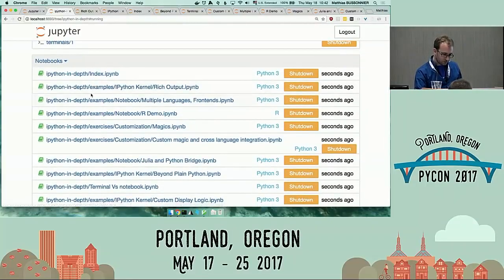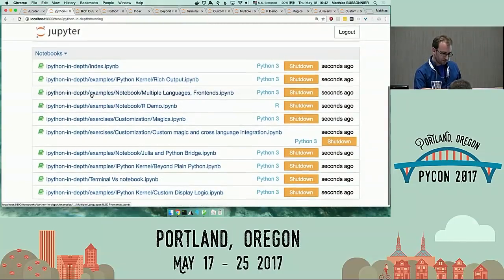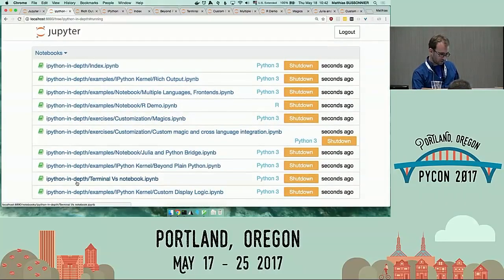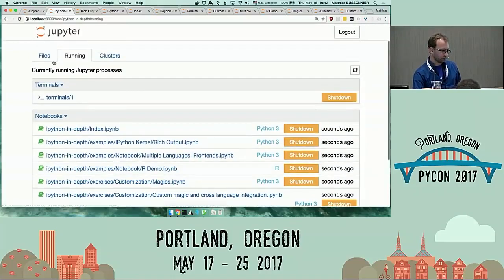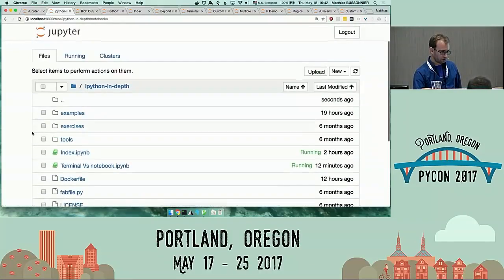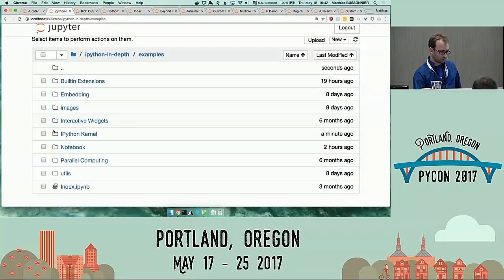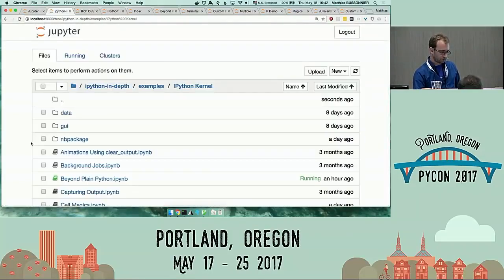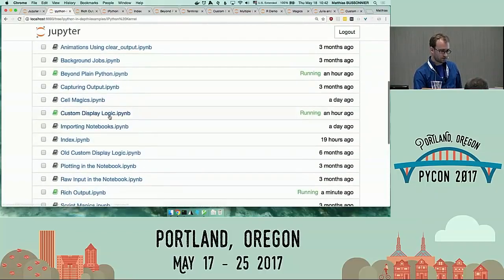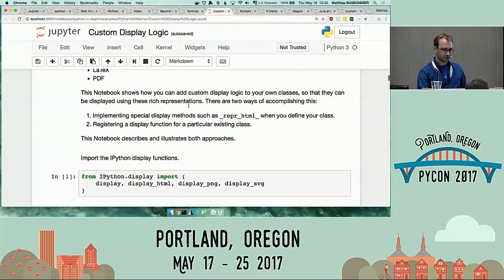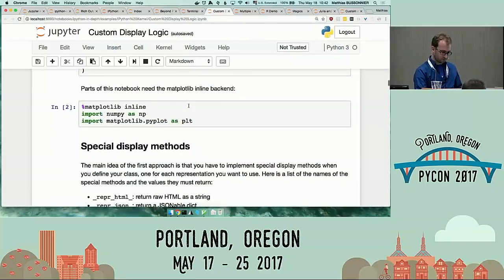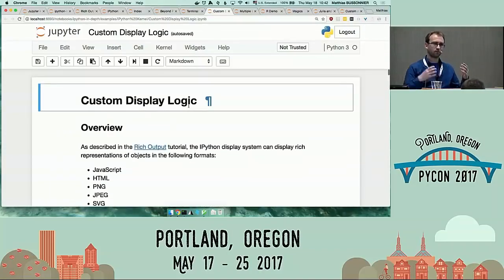And you might want to define your own representation. So, example IPython kernel. If you go to example IPython kernel and custom display logic, you can see how to define your own objects that can have rich representation. The things to keep in mind is that when you define certain objects that, for example,